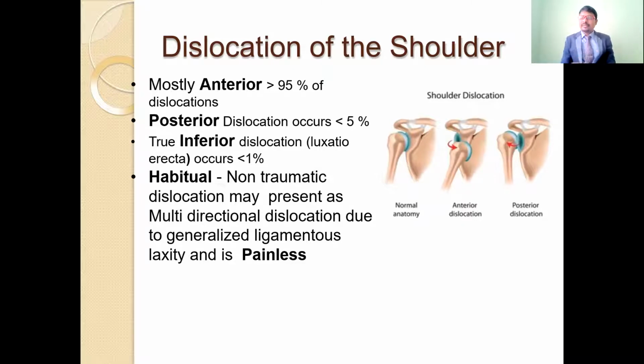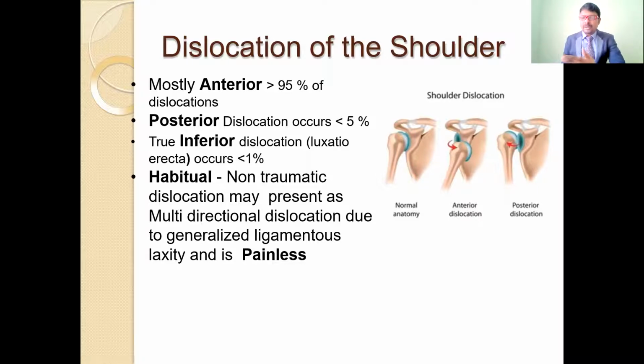But these people who have generalized ligament laxity may chance to get recurrent dislocations. Again, if they dislocate, we relocate, but they still get some complications. They may get injury to the structures surrounding the shoulders, such as nerve injury or blood vessel injury, if they get recurrent dislocations. Because of the ligament laxity, the recurrent dislocations will happen, and because of the recurrent dislocations, they may chance to get some abnormality in the shoulder joint, such as in the glenoid cavity and also in the head of the humerus.